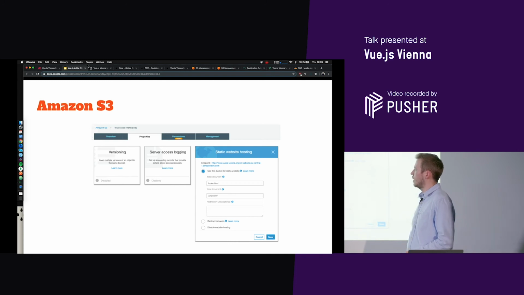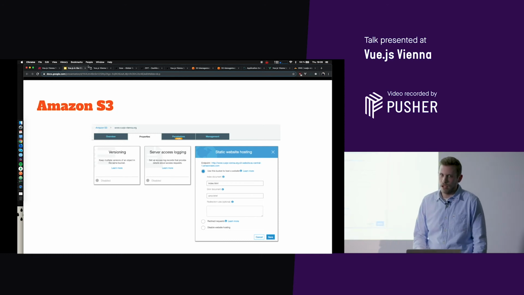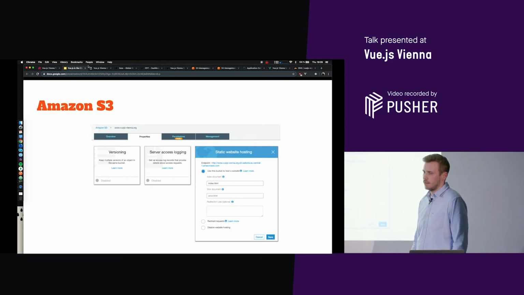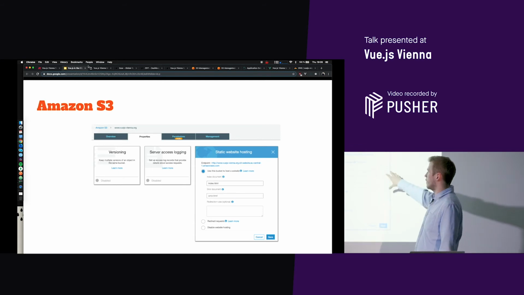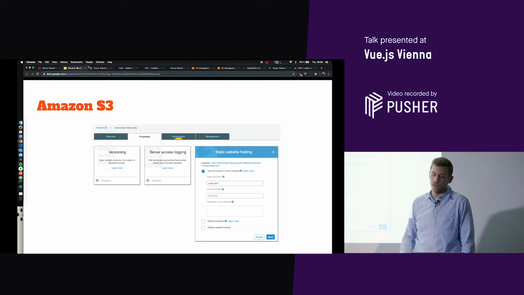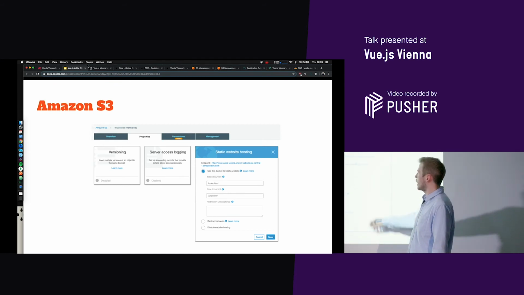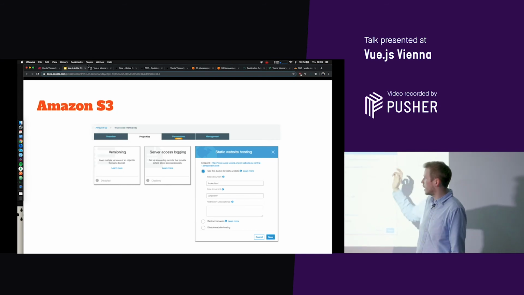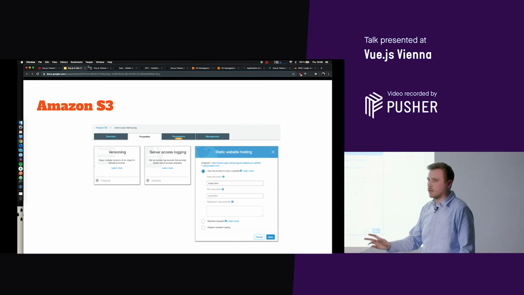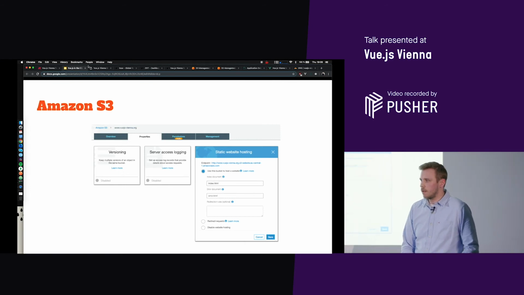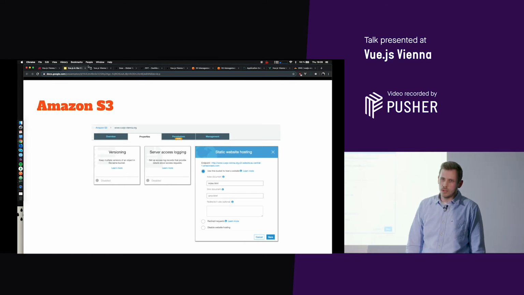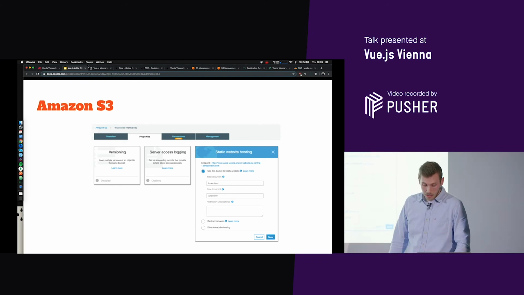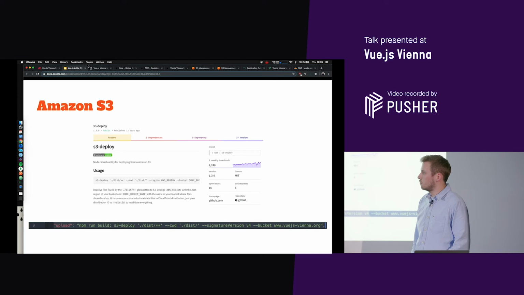Okay, you can set it up to automatically create different versions for each deployment, or, I don't know, you want to log some access whatsoever. But the interesting point for us is that you can also specify some static website hosting. So in this case, we just specified that this specific bucket is hosting a website. So we say, okay, the entry point is the index.html. We can also specify error.html. So in this case, it would be, I don't know, 404 or whatever you name it. And that's it, basically. So that's the first setup you have to do before you do any stuff in your